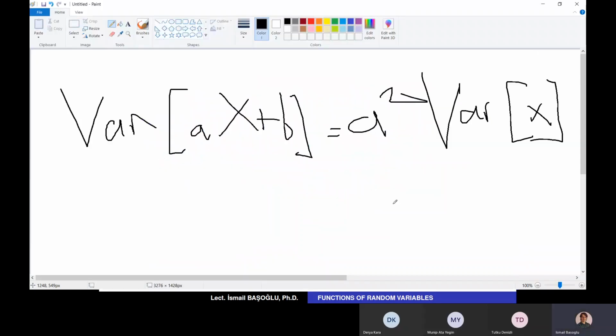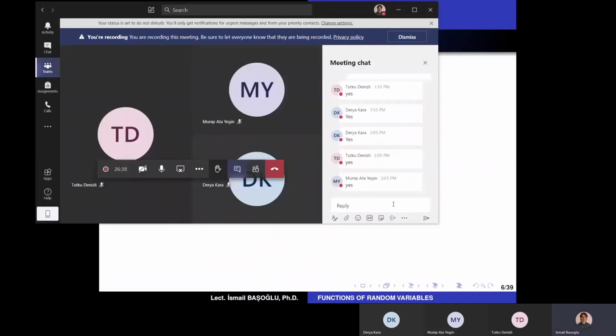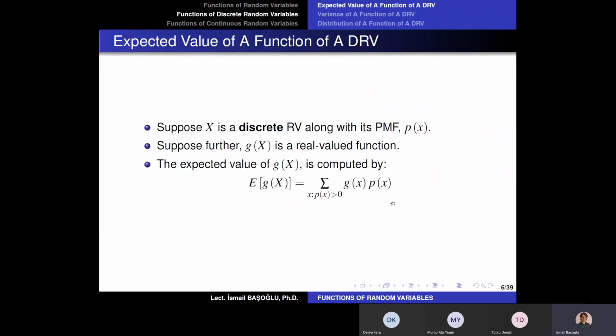Now, let's start with the discrete random variables now. Okay, so I need to check the time. So I have 20 more minutes left. Let's start with the